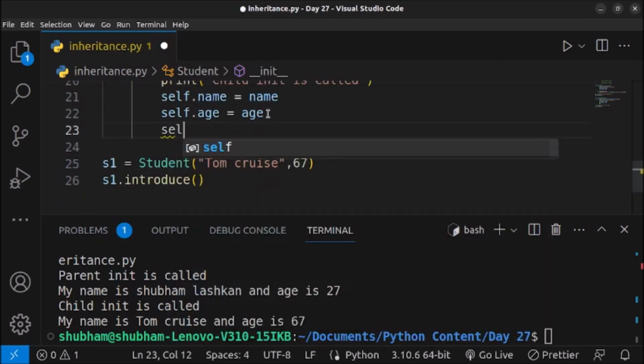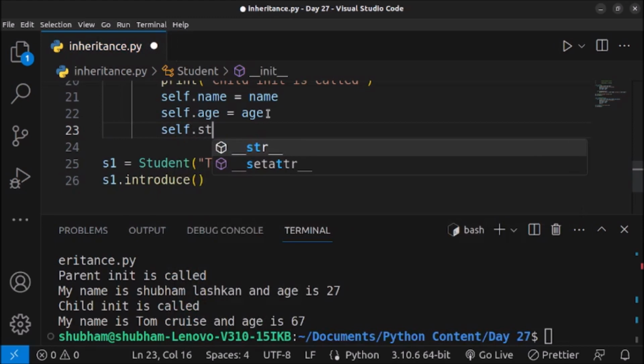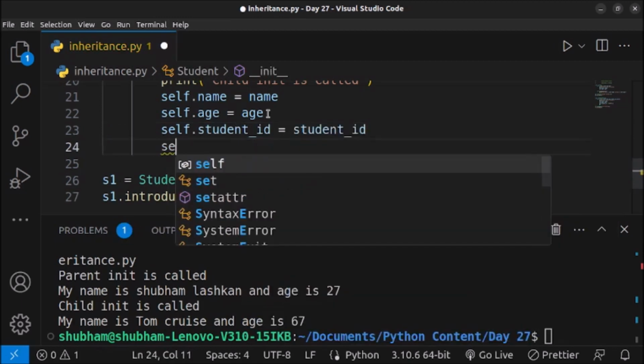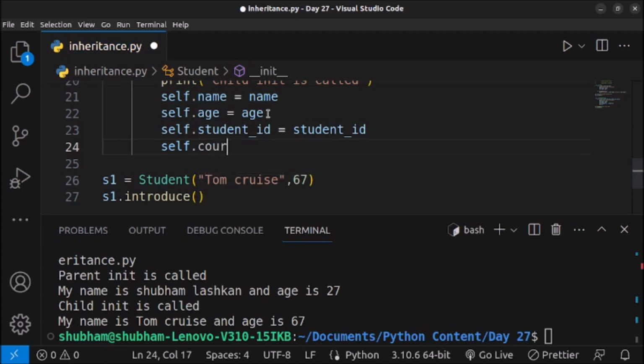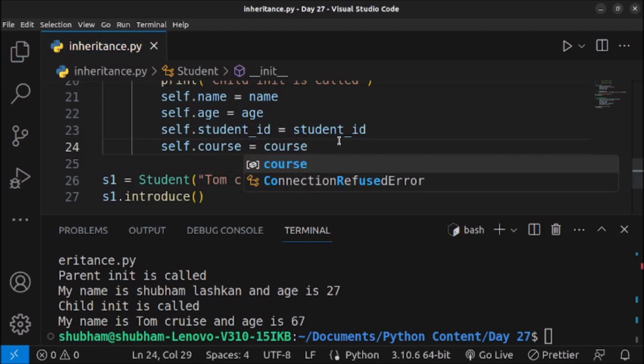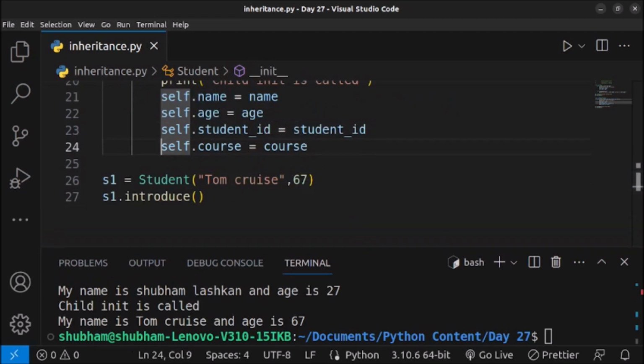Self dot, what's the name of the parameter? Student ID, so self.student_id will be student ID, and the last one is self.course equals course. Now while creating this object, we will pass these attributes, but first let's look at how we can leverage